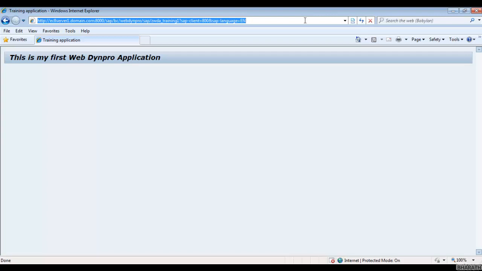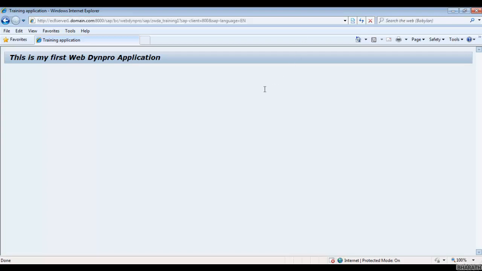For Enterprise Portal also, there will be some generic URL provided by the customer. You just open the Internet Explorer and enter that URL, and the same as we have seen here, it will ask for the user and password. Enter the user ID and password, just log in. There you can start accessing all the WebDynPro applications. For NWBC, you should install the desktop NWBC version, so that you can access all the WebDynPro applications. Okay, so this is how you can access the WebDynPro applications.